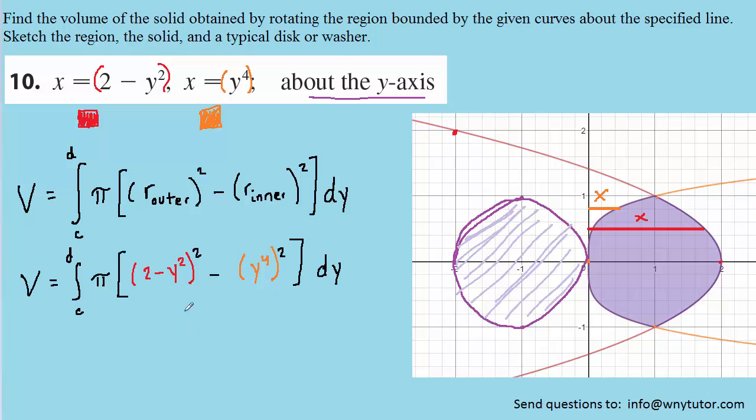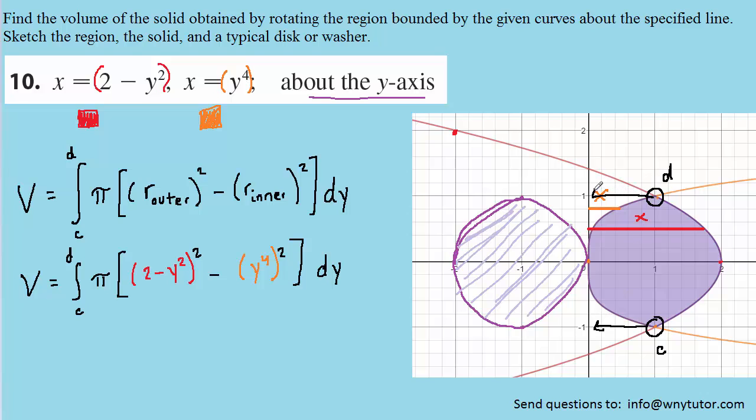So now the only thing that we are missing is the value of c and d. Now c is going to be the smaller y value where the curves are intersecting. So go back and see where the curves are intersecting, and you'll see this point right here. That's going to represent what we're calling c. Remember that it has to be the y value. And then the larger y value where the curves are intersecting is what we're calling d. Now we can actually see from the graphs that c is going to be -1 and d is going to